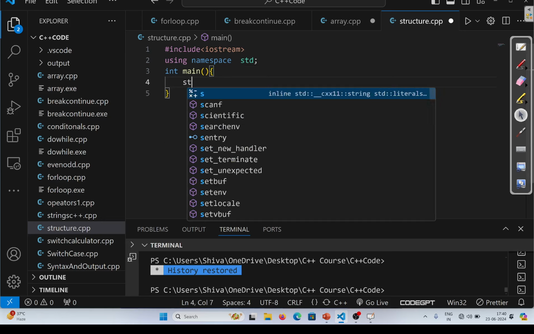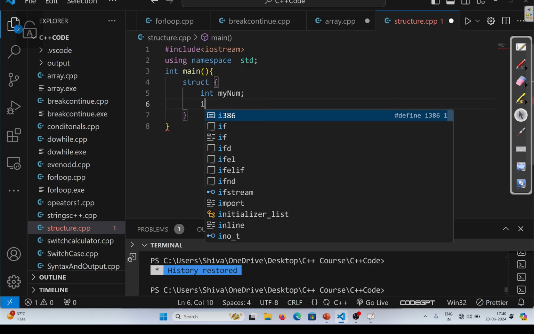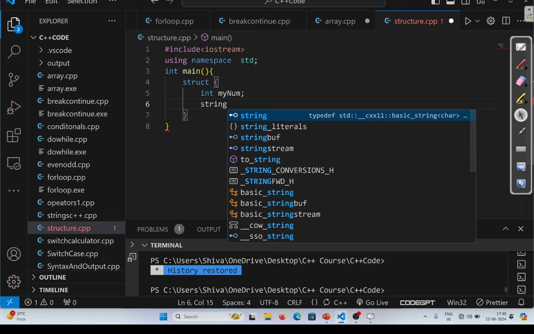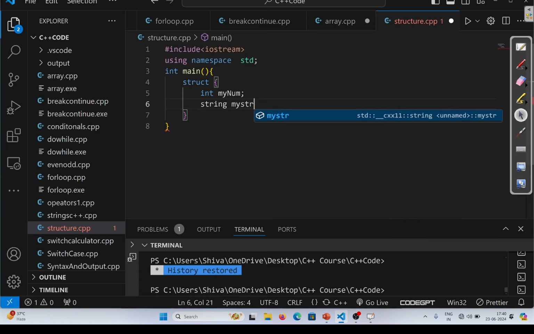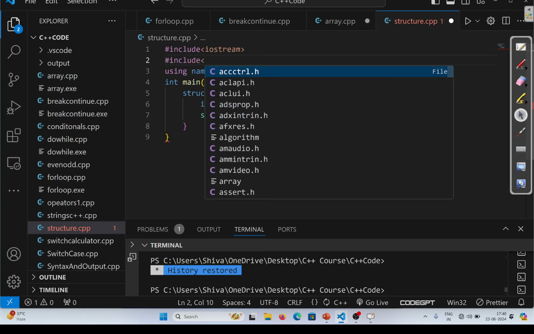We write this again: struct, and inside this I want to define multiple variables, that is int my num. This is my first variable. Then the second variable is of string type, string my str. This is the second variable. And to use a string, I also need to include one more header file, that is include string,